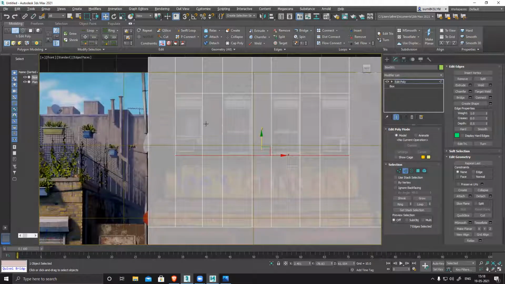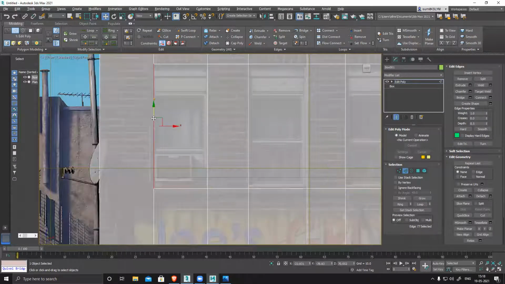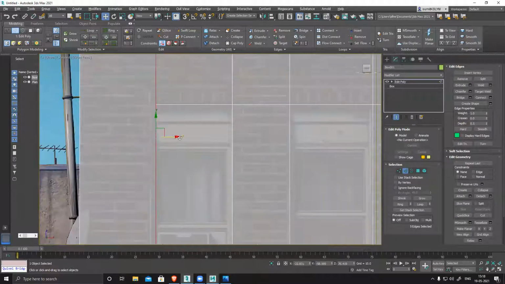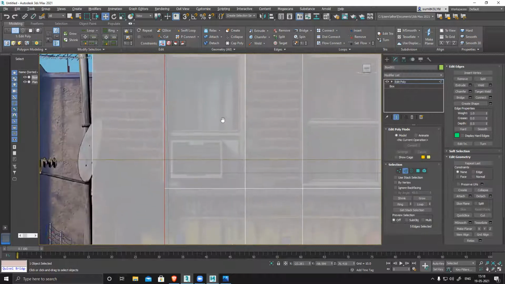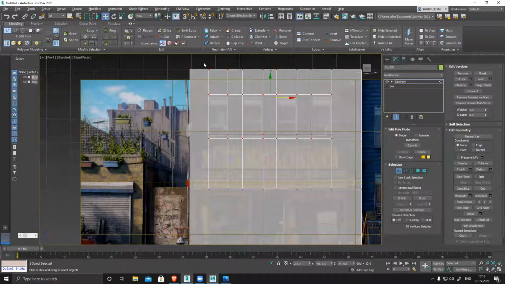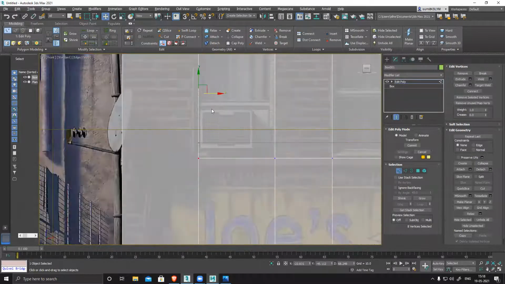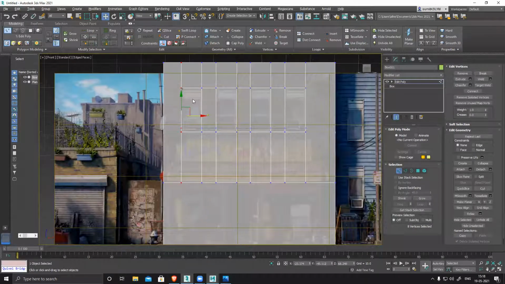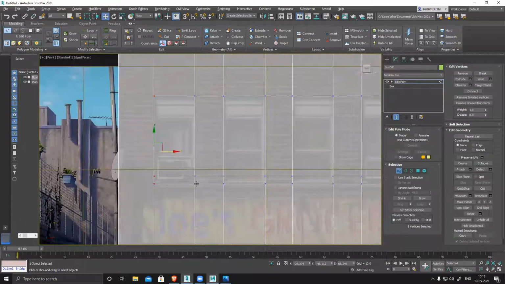So the basic structure is almost ready. Vertex mode, select everything, move it back. Okay, so all these things are ready.